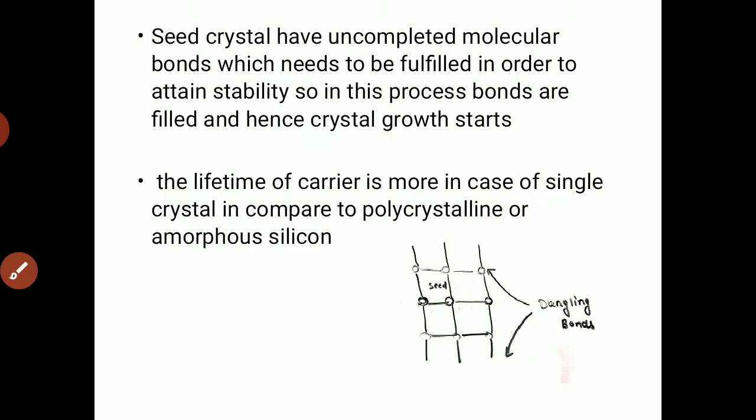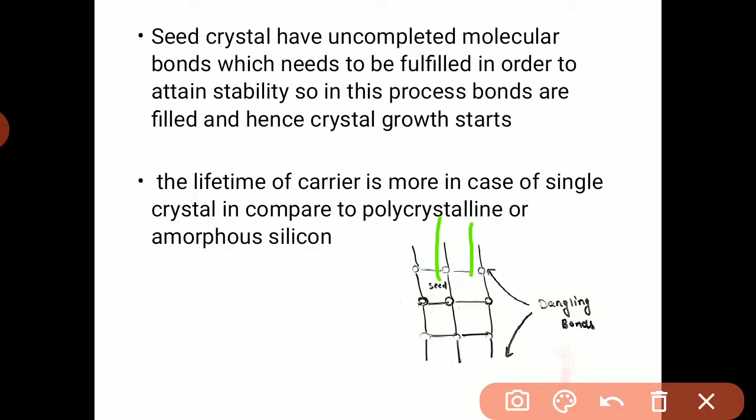So let's see what is the principle behind converting polycrystalline into single crystal material. In the single crystal material, we have dangling bonds. You can see here there are uncompleted bonds. So if we somehow connect the atoms from the polycrystalline material to this single crystal material, we are able to grow our single crystal material. This is the simple concept behind converting a polycrystalline into single crystalline. We just want some of the polycrystalline atoms to get bonded with this particular single crystal material.